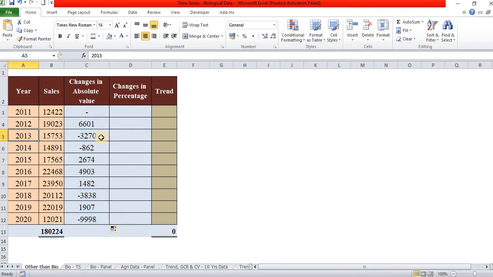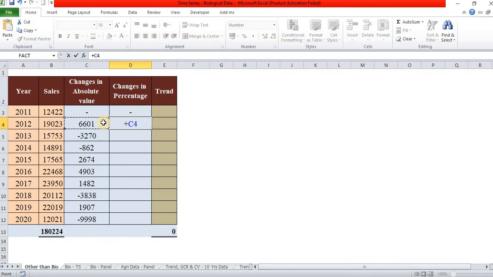Like that, we are calculating the values for all remaining years. In 2003, 3,270 is reduced from the previous year, and in the third year 862 is reduced from 15,753 to 14,891. This change goes on up to the last year, and we are going to find the percentage of change. The first year there is no figure at all.